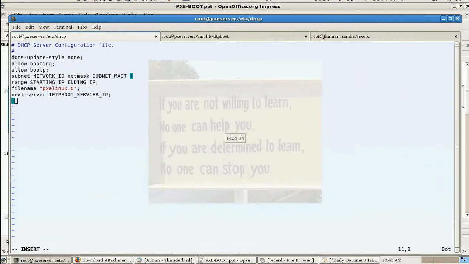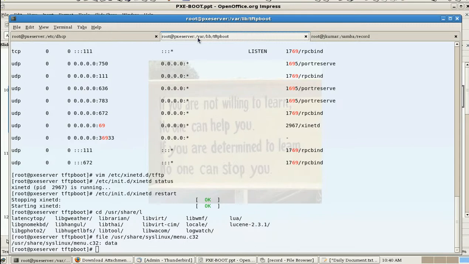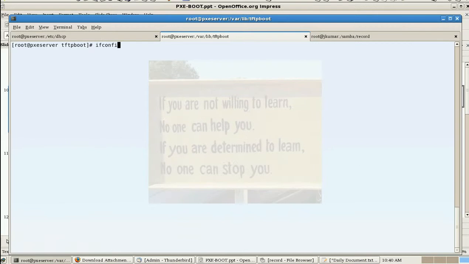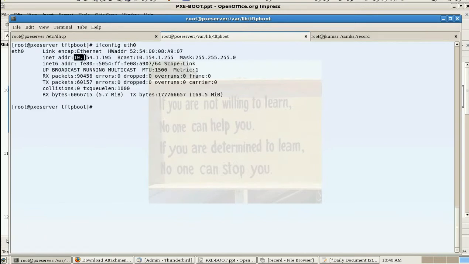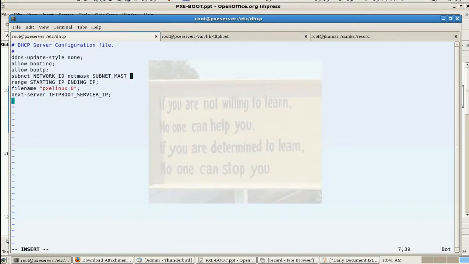Here the IP address is 10.154.1.195. The subnet mask is 255.255.255.0. So first thing, the network ID is 10.154.1.0, and the subnet mask is 255.255.255.0. Actually this is a class A network, but the subnet mask is a little bit different, so don't be confused. Here we are using a different network, and the starting IP is